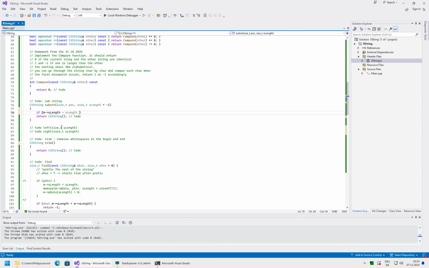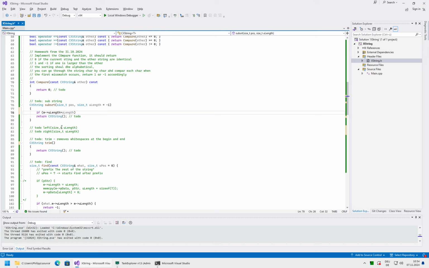Well, again, they are unsigned, so if uLength would be larger than mLength, you would get a very large positive number instead of a negative one. So you just need to reshuffle the operations. So you just move uLength to the other side and remove the minus. Just mathematically move it to the other end of the equation, and then it's safe. Right. Although I would rather check for the failed case.